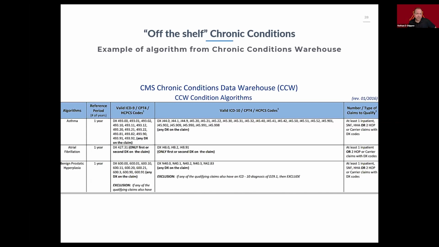The last thing I would just note is that we mentioned position on the claim. Note that in the condition codes, the diagnosis codes for both ICD-9 and ICD-10, you can see that for asthma, they're saying any position on the claim. So they're not just requiring first position or something like that. But for AFib, they do. So it does differ depending on the algorithm, but again, this answers in its own way a lot of the questions that we were raising in terms of what codes do we use, what files do we use, how many years of data, where on the claim should it be, any of those kinds of things. And then sometimes you'll have exclusions like for BPH as well.